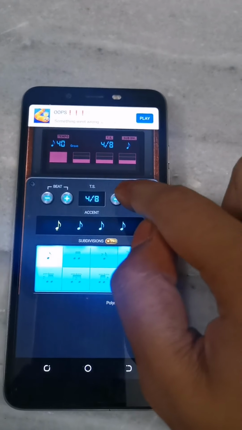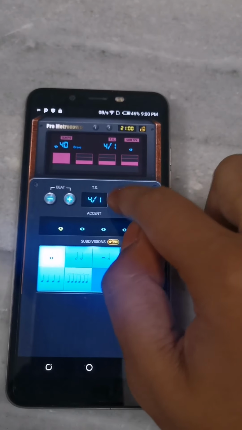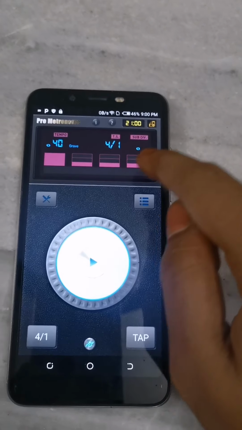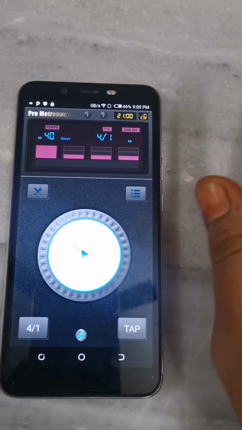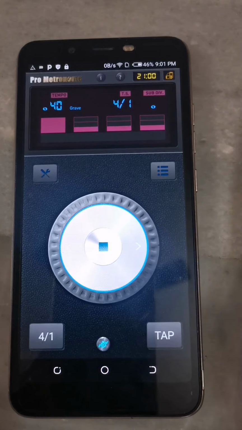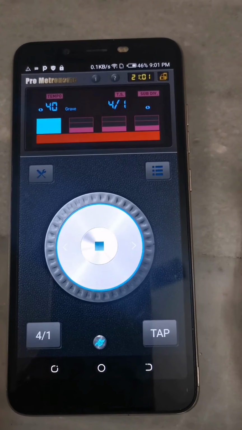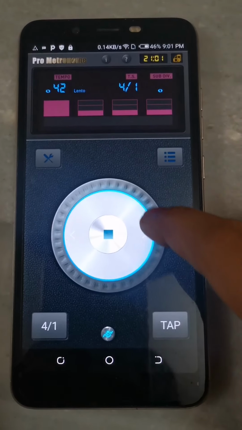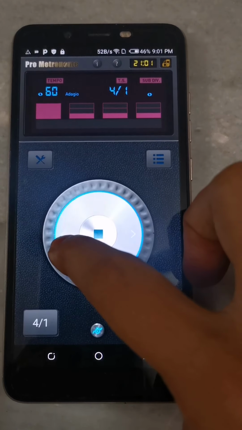And then note, you have to change it either to 4 or 1. And now the talam is already in 1 2 3, in a lagu, is a count. So now we can observe 2 3 4 1. So if you want the tempo to increase, you can just increase it. I am increasing to 60.